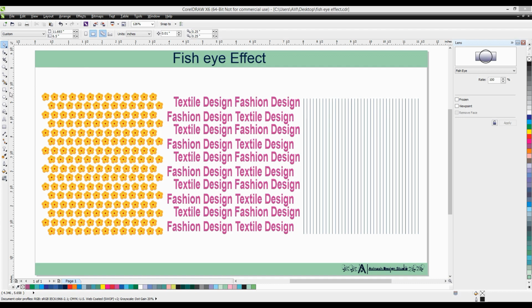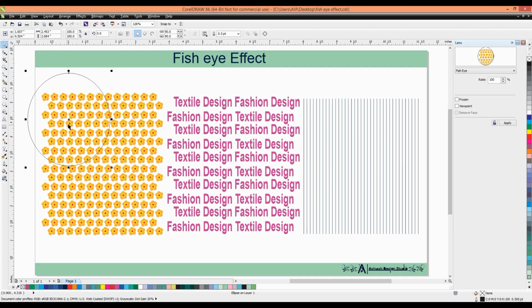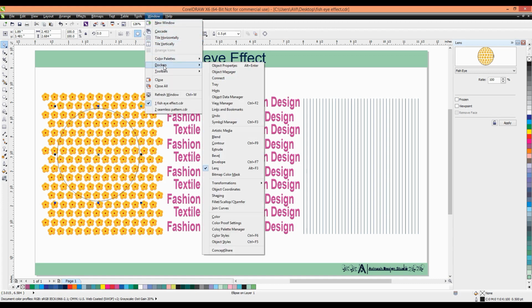First we have to go to the ellipse tool and select it, and press Shift to make a perfect circle. I make a perfect circle. For the fisheye tool we have to go to Window. There is an option called Docker. Inside the Docker there is an option called Lens.